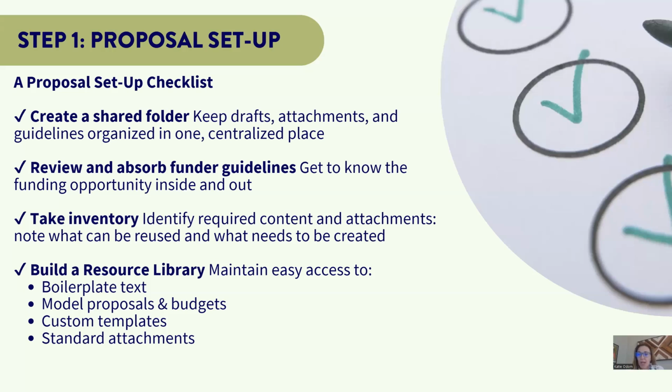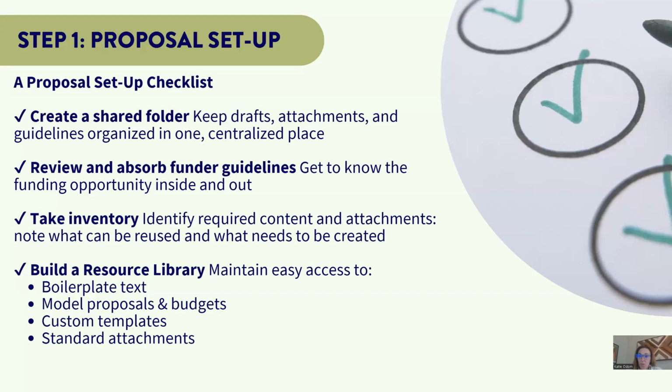The third here is taking inventory of required content and attachments. You want to note where you can pull from existing content and also where you're going to need to develop original content. And finally, the most important time saver that I've found in the grant writing process, which is building